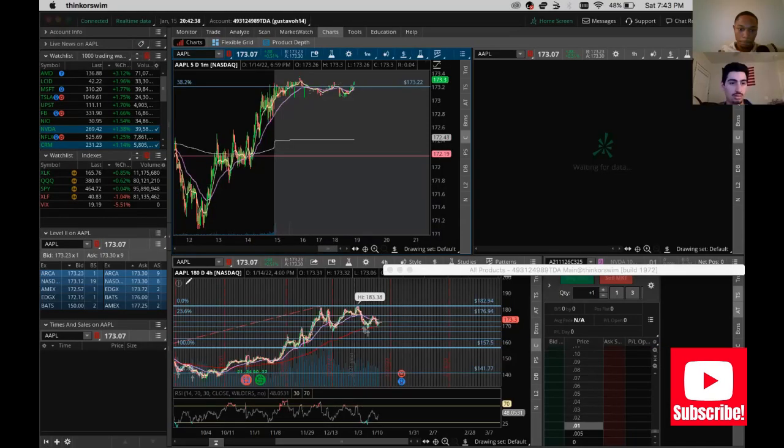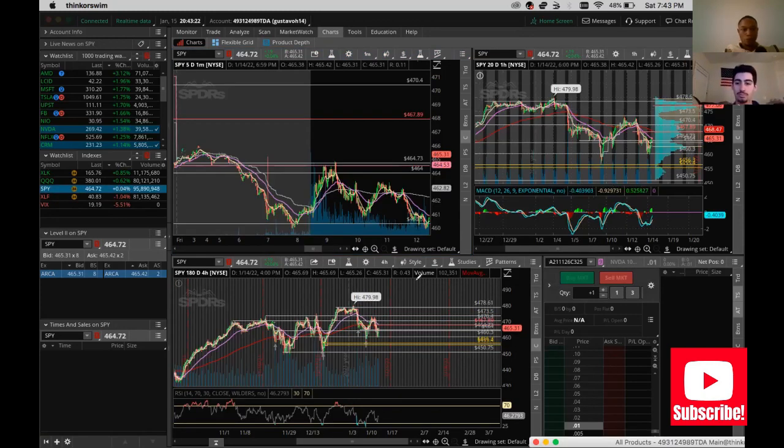Take me through your thought process when placing a trade. All right, so this is what I do. Keep in mind that this is just my computer. On another screen, I have SPY, QQQ, VIX and stuff. But besides all of that,